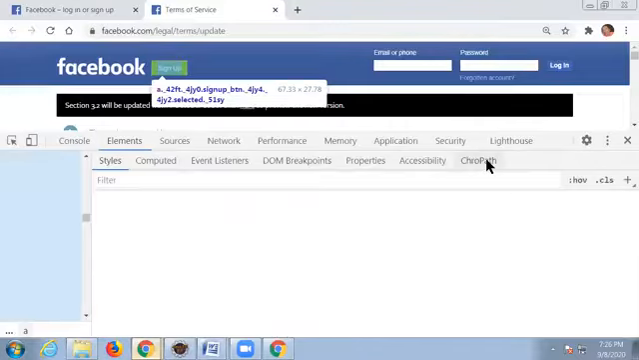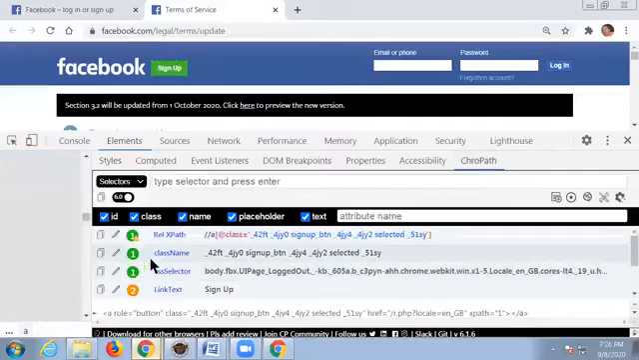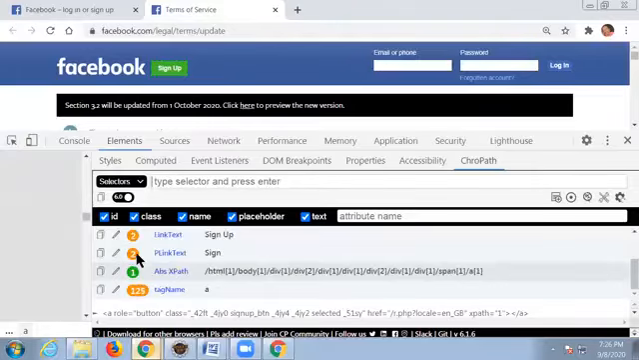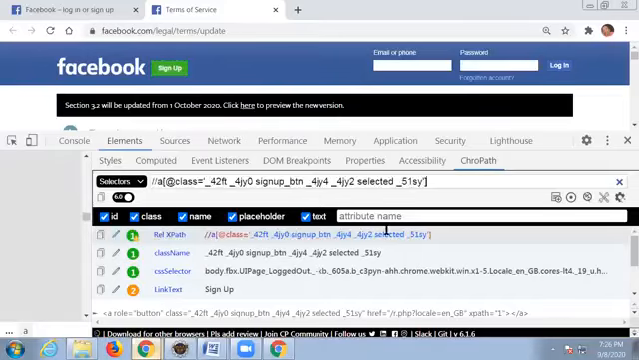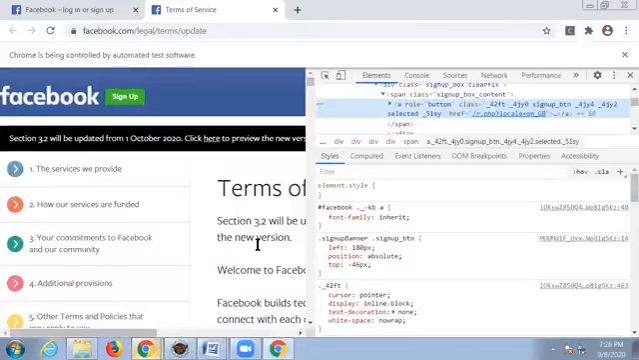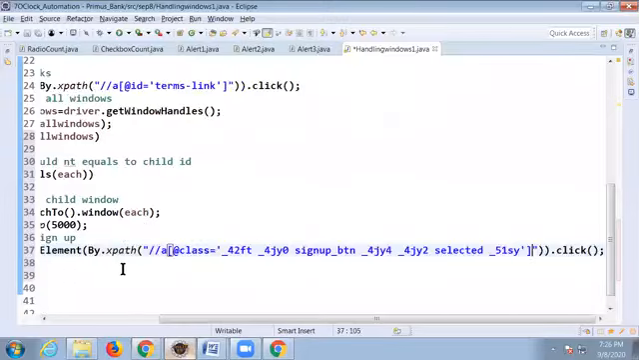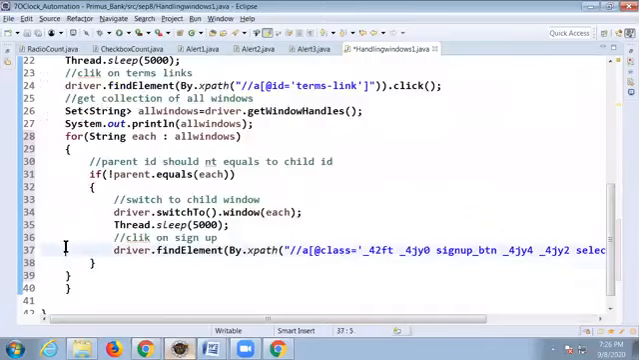Go with relative xpath, or link text, but it takes two arguments. Let us go with the relative xpath, no problem. Selenium has to identify the xpath, that's not a problem for us. After that,